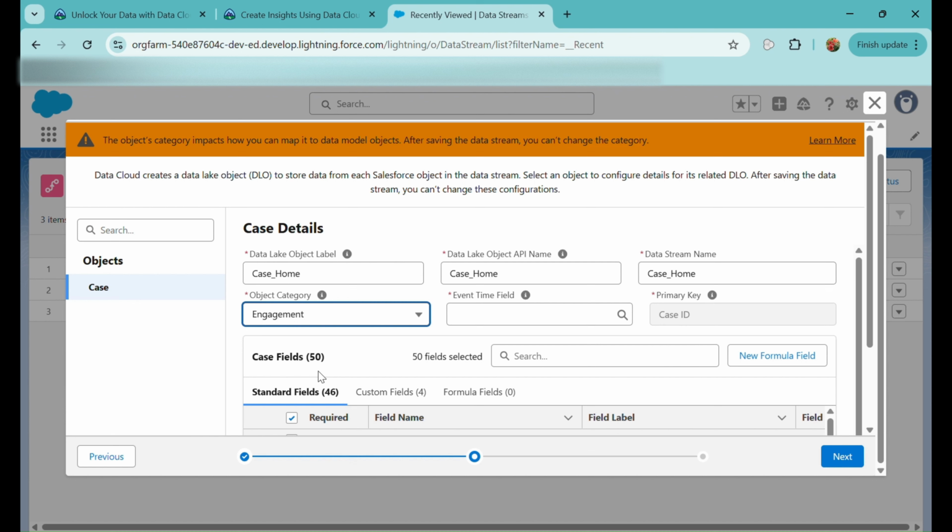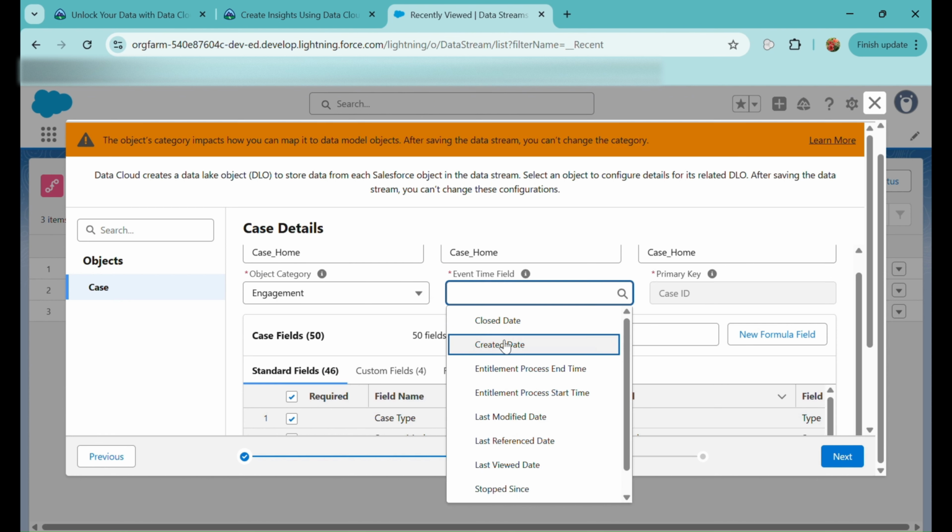Profile is nothing but the objects which provide data related to an individual user, like contact. Engagement is when they provide data related to analytics, like how many clicks have been made to the website, or how many views there are. These kinds of objects we refer to as engagement.